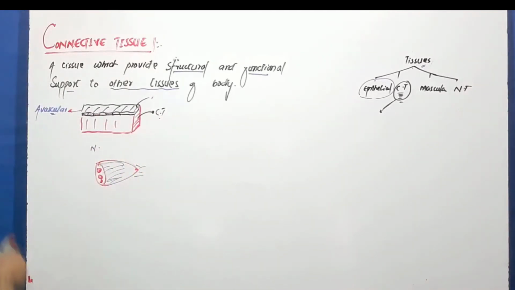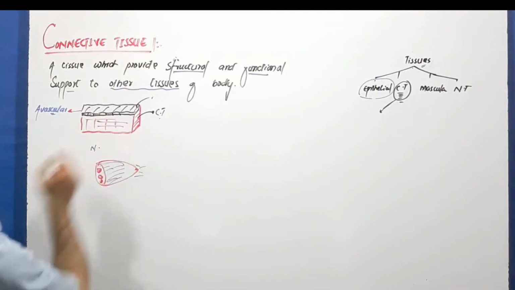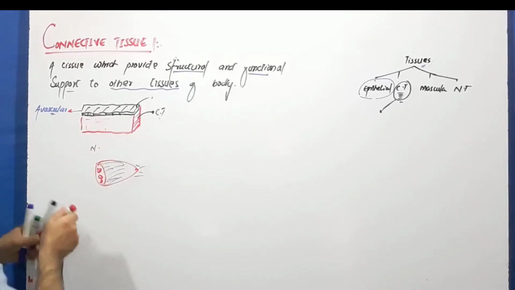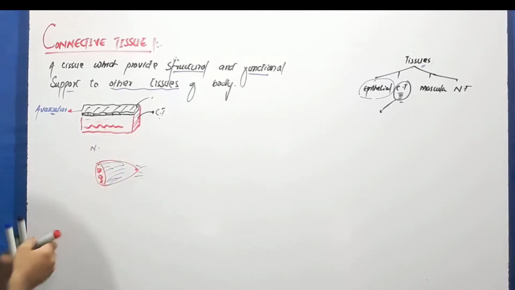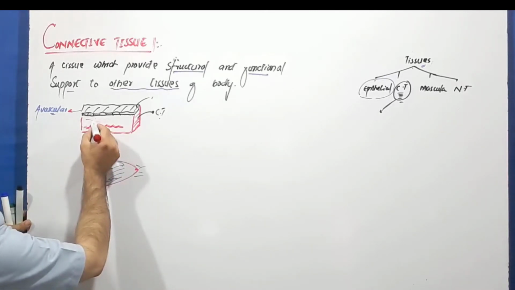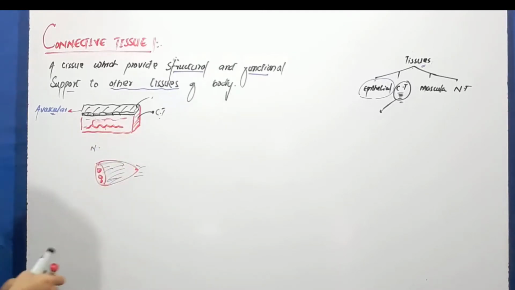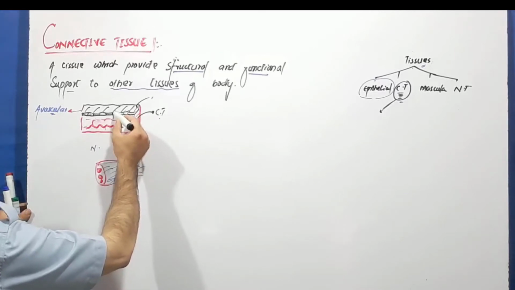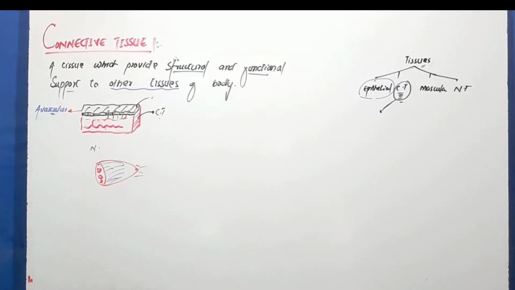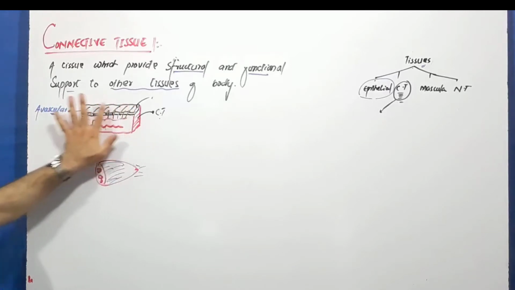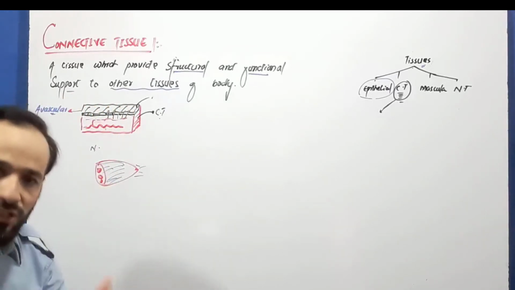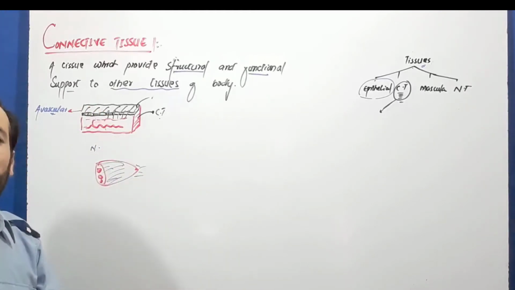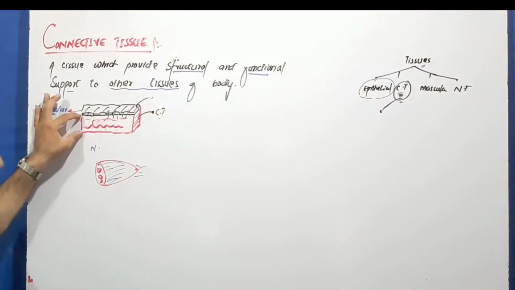So we say below the epithelial tissue there is connective tissue. Inside this connective tissue there are blood vessels, arteries and veins, and from these arteries and veins there are capillaries inside this tissue, and from these capillaries diffusion of substances occurs to this epithelial tissue. Now look carefully, if this epithelial tissue is alive and functioning and its structure is well organized, it is because of whom? It is because of this connective tissue.